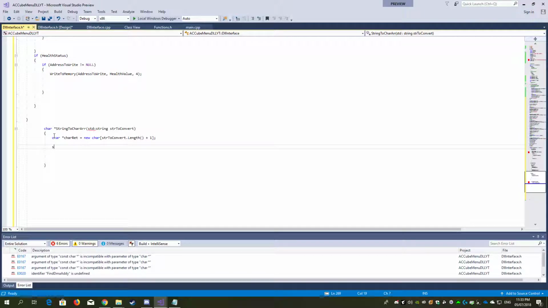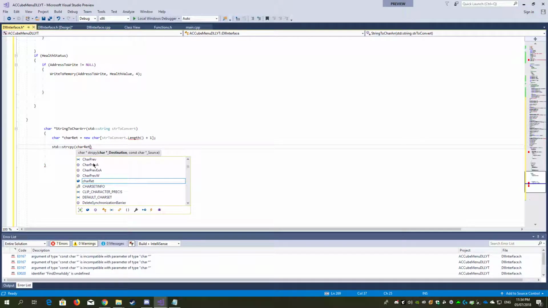And then we do our std. I don't know what the top one's complaining about, but have a look at that. Oh, yep, okay, so here you want 2 of these guys. Yep, good. strcpy, char ret